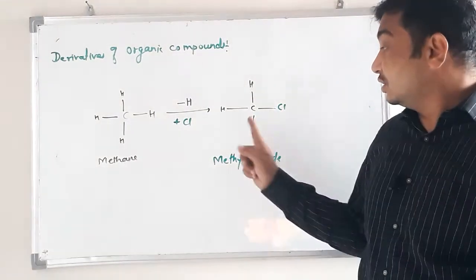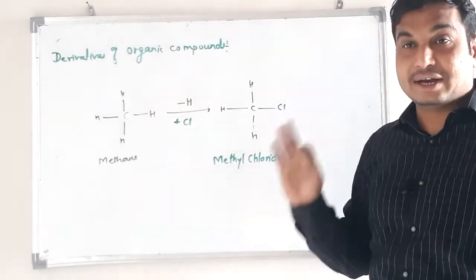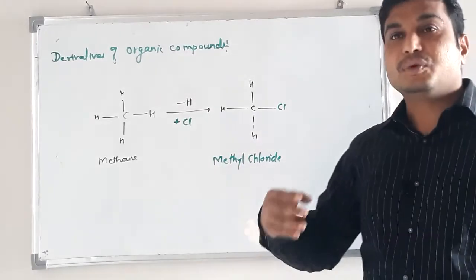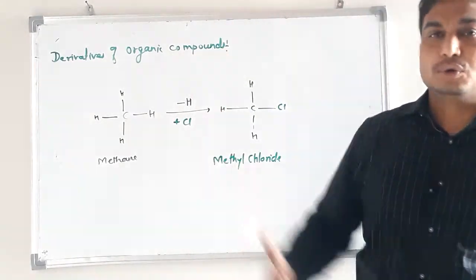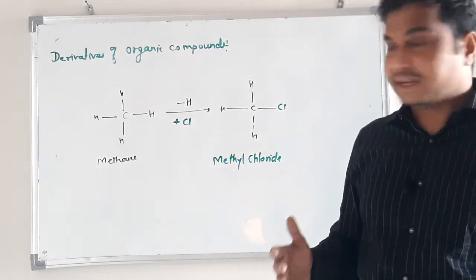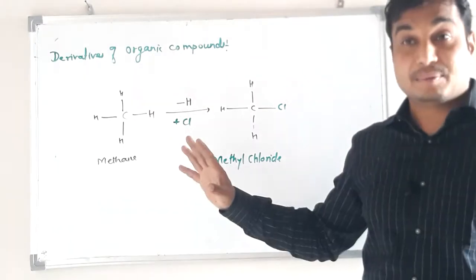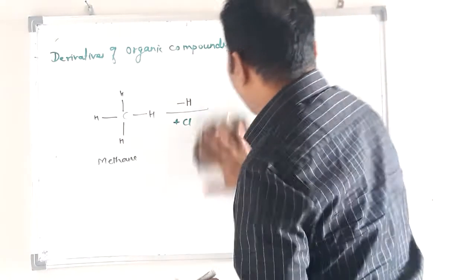Or we can replace it by an OH group, by a carboxyl group. There are various functional groups, and by those functional groups we can replace a hydrogen atom from a hydrocarbon, and then we get different compounds. For example,